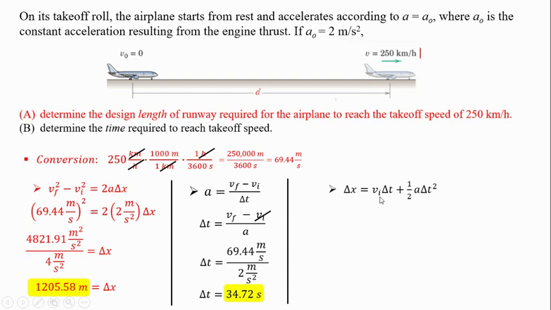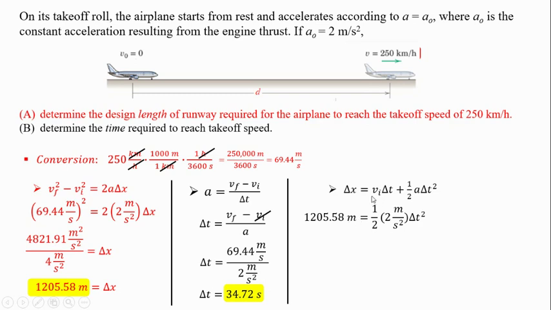We know what vi is. The airplane is just sitting at rest on a tarmac before it accelerates. We know what a is. So really the only thing left unknown here is delta t. So if we just plug and chug, displacement, which is from part A, highlighted in yellow on the bottom left of my screen, I just substitute that in: 1,205.58